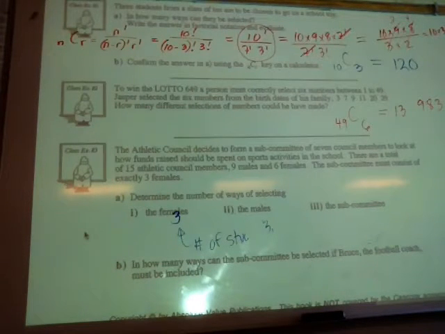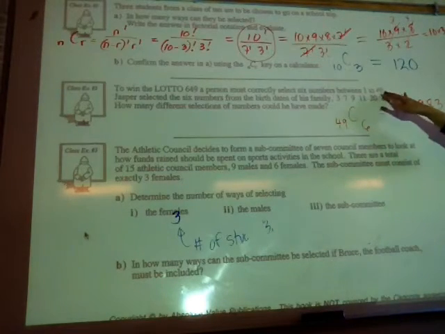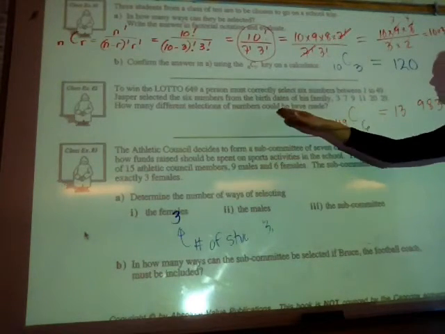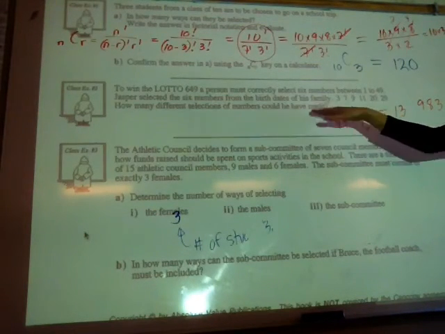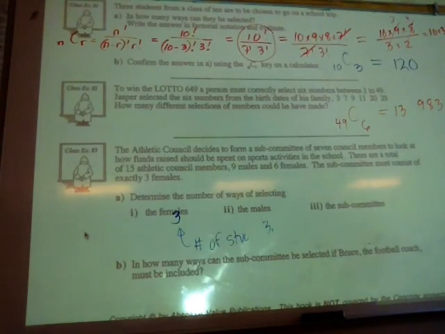So when you buy a lottery ticket, you need to pick 6 numbers. But he's saying he's going to pick those from those 6. So when you choose 6, he did pick that, but how many different selections could he have made? Oh, got it. Not how many did he make. Okay. We'll pick this